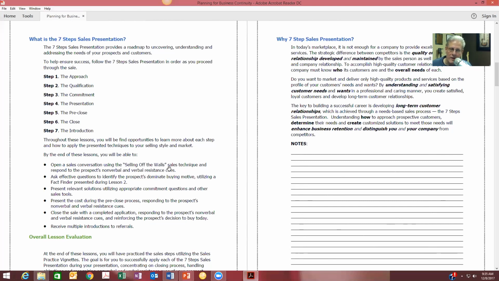And the reason they're going to do that is because we develop a long-term relationship with that prospect. That's why it's very important that you learn to sell the problem, not the product. When you sell the problem, they see you as a solution. They don't see the product as the solution. They see you as the solution. The product simply provides the benefits with the features that you're bringing to them. So you sell the problem, and they buy the solution.